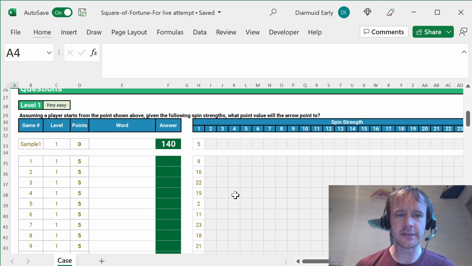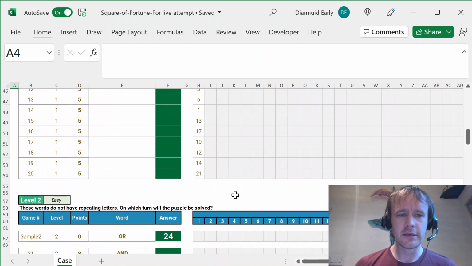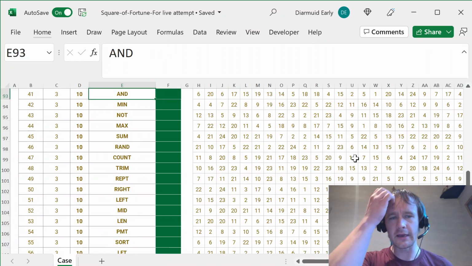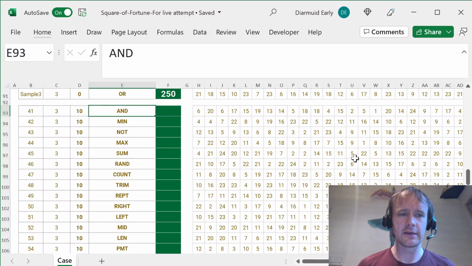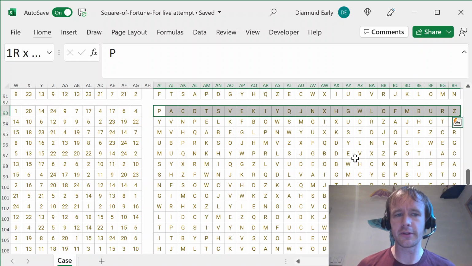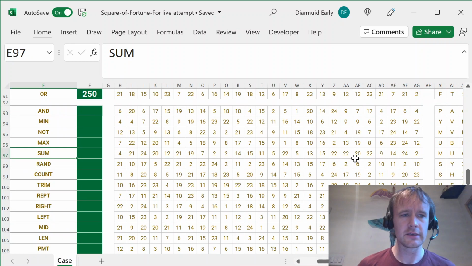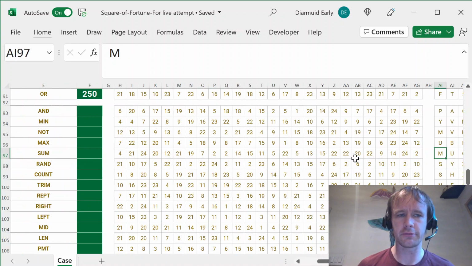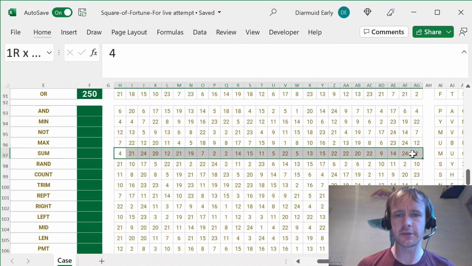So, basic idea is you've got a word that two players are trying to guess, and so there's the sequence of letters in the order that they guess them. So let's say in this case, I think SUM is one that starts out reasonably. So SUM, the first player starts off by guessing M. They get a hit. So then, depending on the spins, which I'll come back to in a second, they get